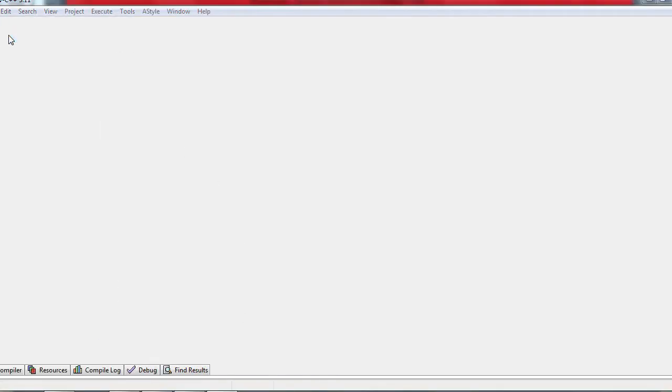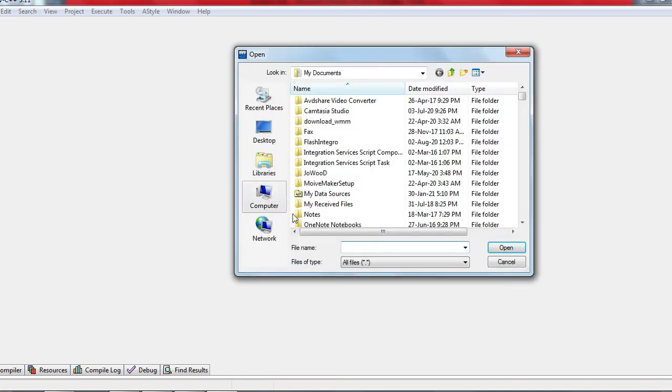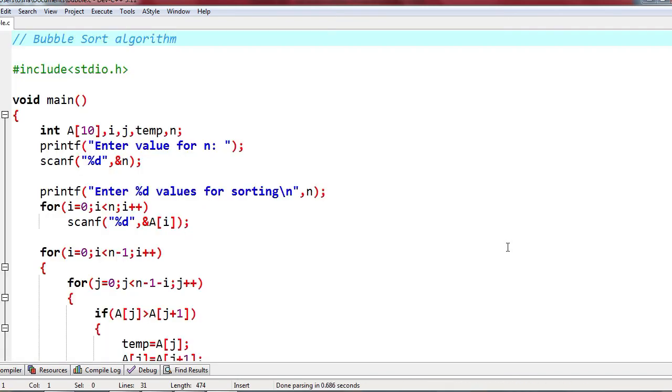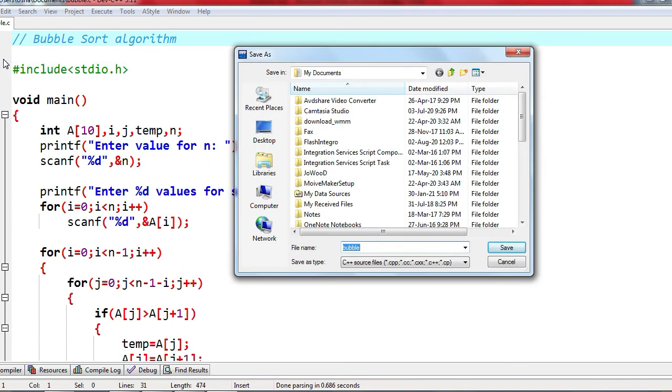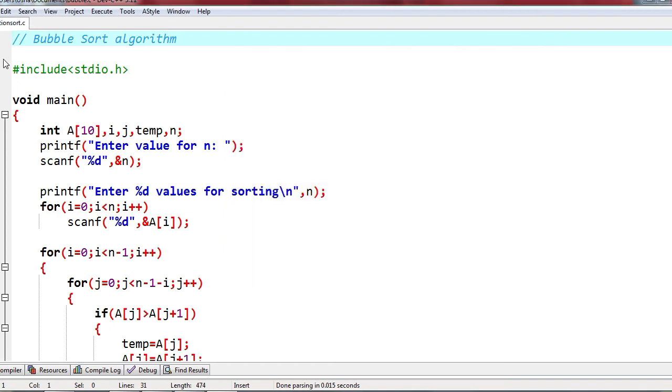I have told you already to use the bubble sort or selection sort program, because the overall program structure is going to be the same. So I'm going to save this program as insertion sort.c. Now this is the insertion sort algorithm.